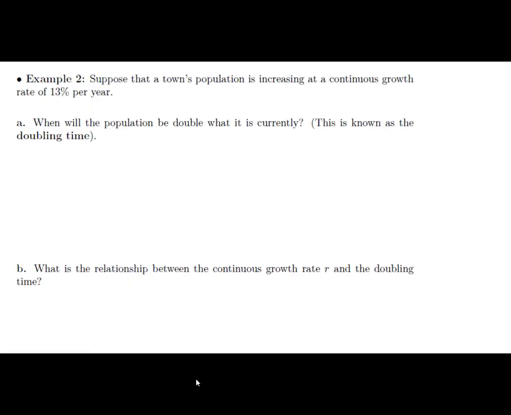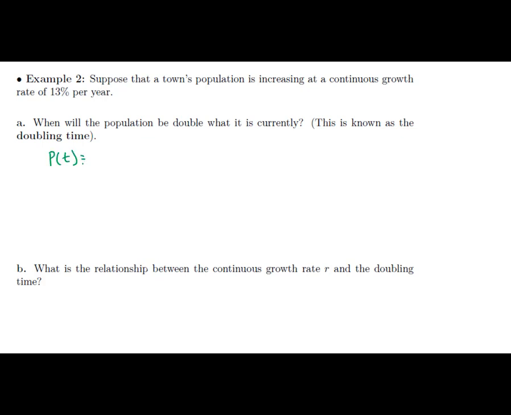All right, so let's take a look at another example here. It says that a town's population is increasing at a continuous growth rate of 13%. When will the population be double what it is currently? In other words, what is the doubling time of this population? So this time it's kind of backwards of the last example. In the last example, we figured out our continuous growth rate at the end. Now they're giving it to us right at the outset. So what that means is that I am going to start off